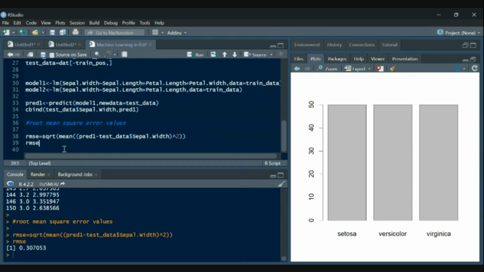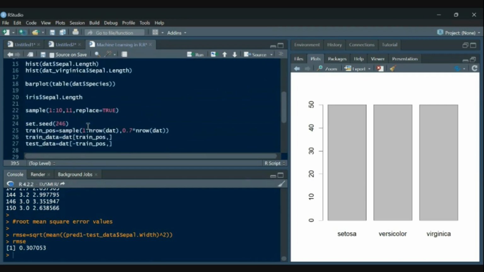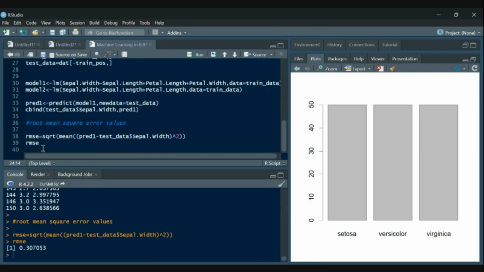Now, what we can do is, what if we run this program again and again and get the better value of this seed having the low value of RMSE?